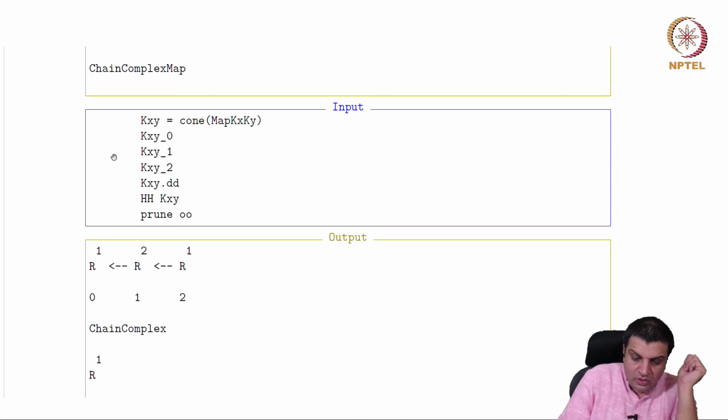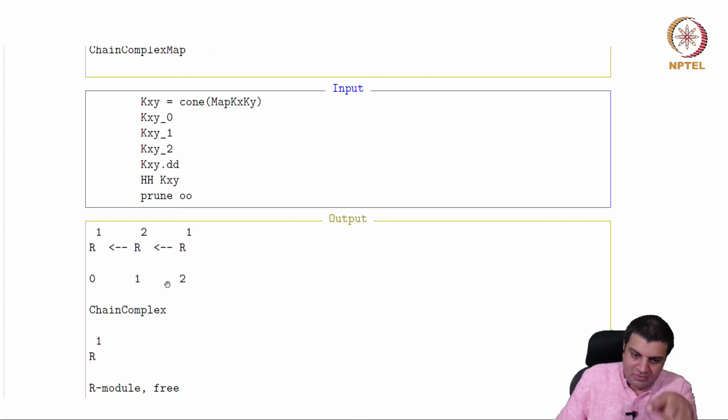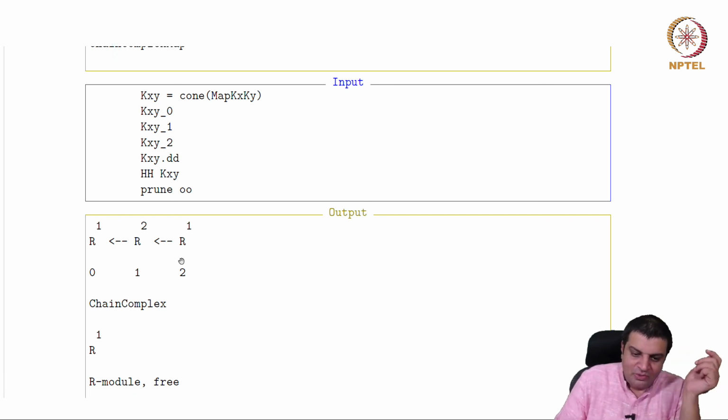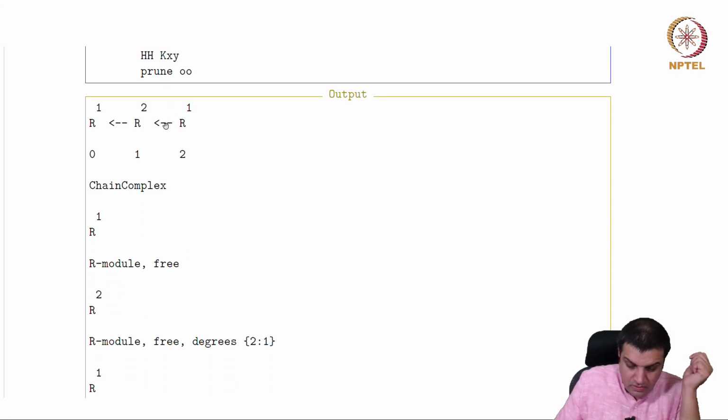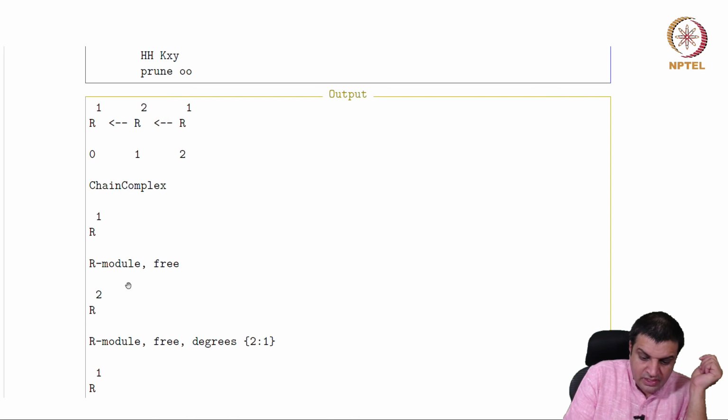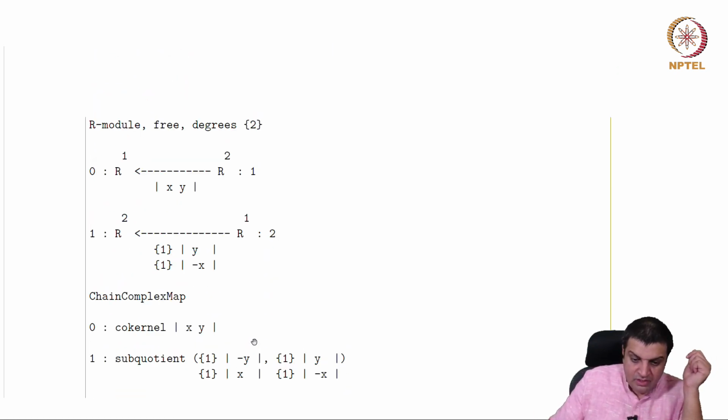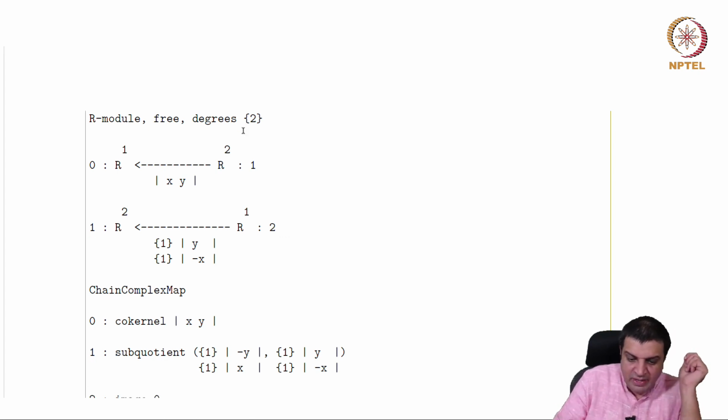Okay, so if you ask for kxy, now it's a cone of 2 elements, and one can inductively prove that the modules in the Koszul complex are free modules. 0th module is just 0. First module is 2 copies. Remember, it's on the diagonal. There are 2 elements, and after that, both complexes end. So there's only one in the next stage. Okay, and so here it is degree 0. The first module is 2:1, which means 2 generators of degree 1, and the final one is degree 2. Okay. So those are the commands, and then we ask for the maps,